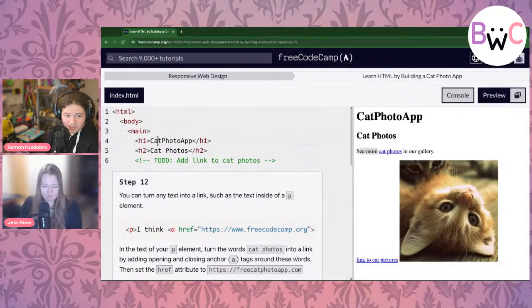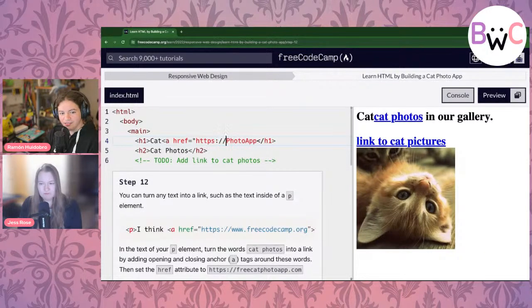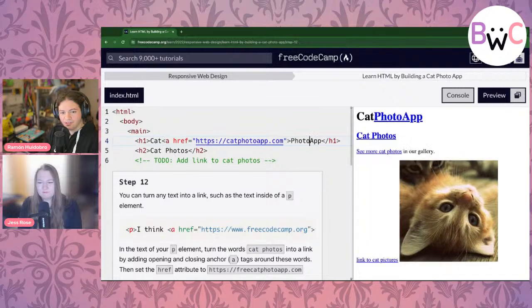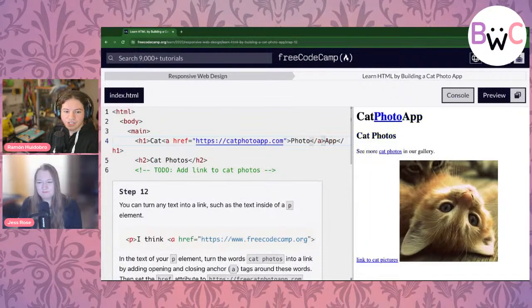Likewise, just for fun, you can have a link inside a heading. Check it out, I put the photo part as a link. This isn't part of the exercise, I'm just showing you all that you can put this inside.